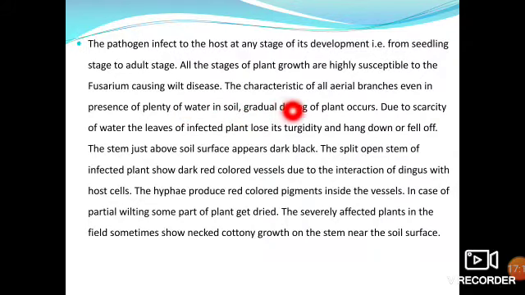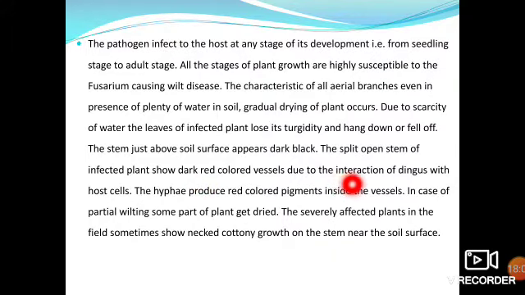Here, the aerial parts generally dry up, and even with abundant water, the plant becomes scanty. The plant becomes yellow and it looks like a scarcity of water. But in case of abundant water, the plants do not become green, as they become dry and dry and dry. They look very dry.